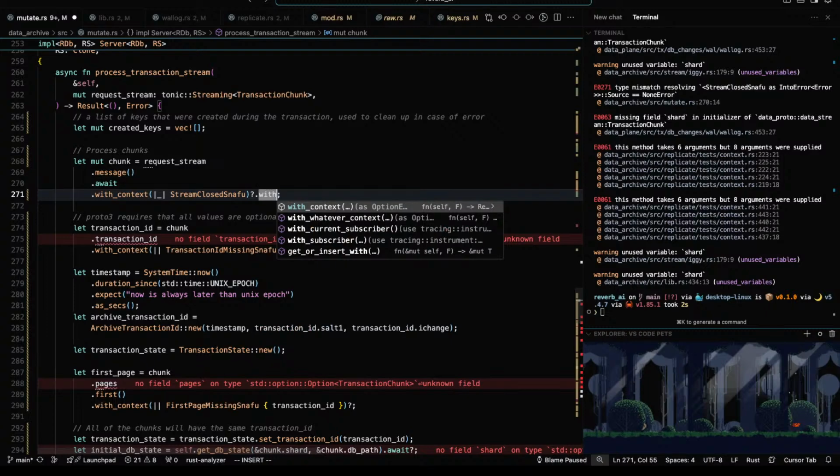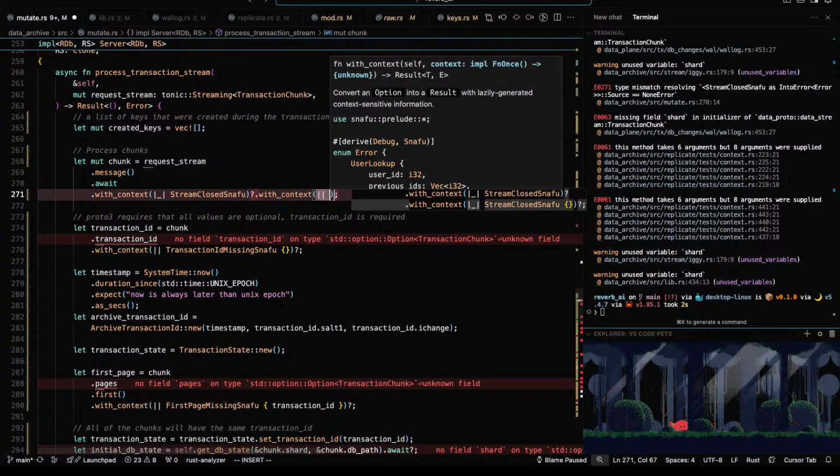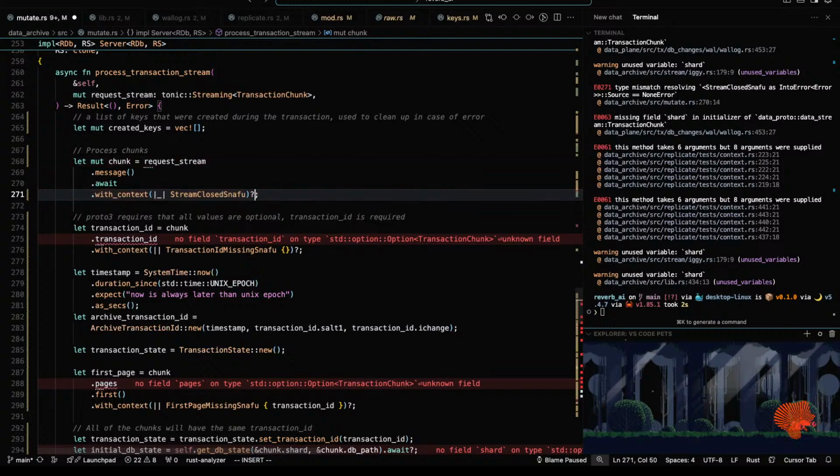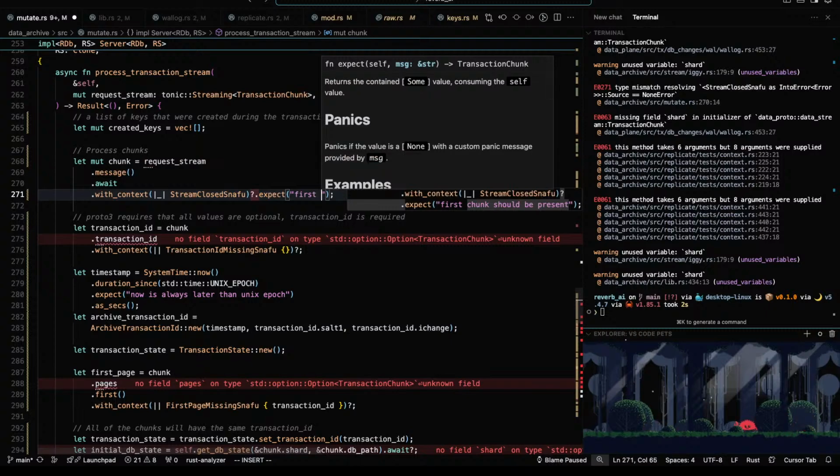If we do get with context, how could this actually happen? We receive a request that has no chunks in it, but it's a stream of chunks. Feels like the first one should always exist. I'm going to go with that. Expect first transaction chunk always exists.